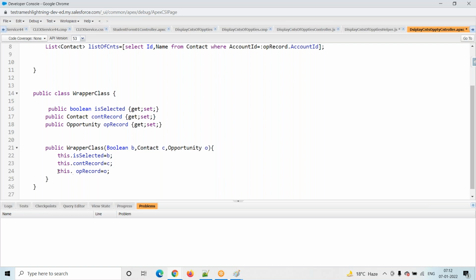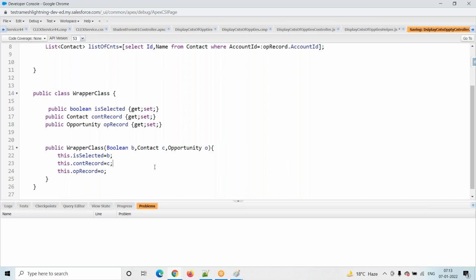This means this variable is in the current class. Super: suppose we are trying to fetch the variable from the parent class, then we will use super. Here I will use this. Is it mandatory to use this? It's not mandatory. Suppose I don't write anything, it doesn't matter.